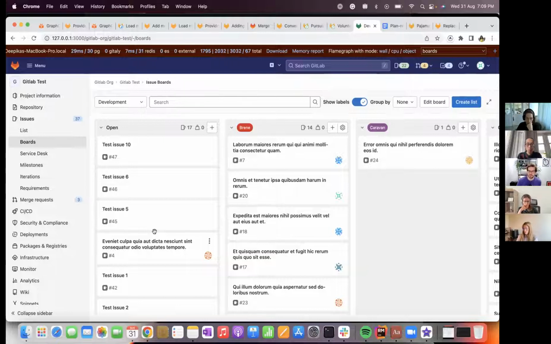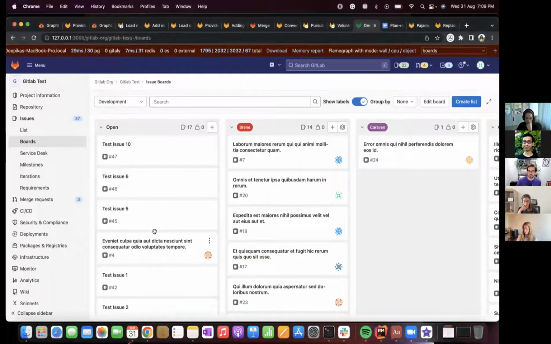So do you think it would be better to have an undo action here, or just show the toaster? I don't think an undo is strictly required, because you can still do it. But if we're able to do it, I would say it's nice to have. I mentioned in the issue comments that we would have to be really careful with the logic. That toast would have to go away anytime any other list is changed, so that your undo stack is kind of pristine. Otherwise, you're trying to move it back to a position that's no longer the same position. So I can see how that could get tricky.